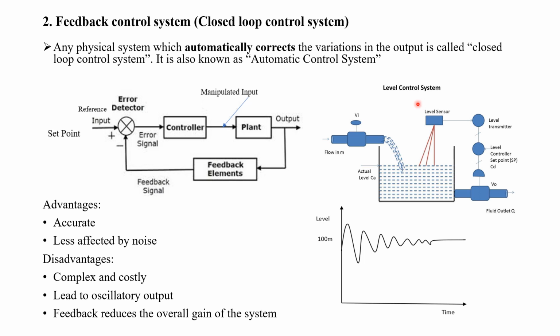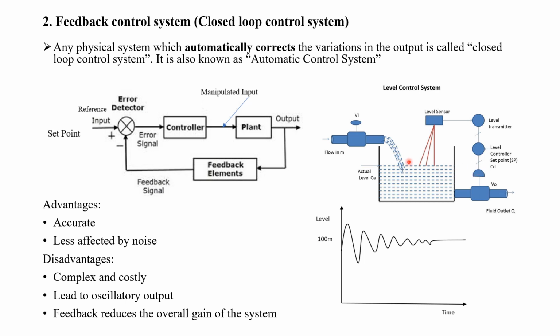Suppose due to disturbances, like a decrease or an increase in the temperature, the tank level is reduced to 99 meter height. What happens? Immediately the level sensor will measure this 99 meter height and it will be given to the level controller through the level transmitter. The set point will be 100 meter height, isn't it? So the difference between these two will be 100 minus 99, that is 1 meter. This will be processed by the level controller. Then it is given to the outlet valve position.